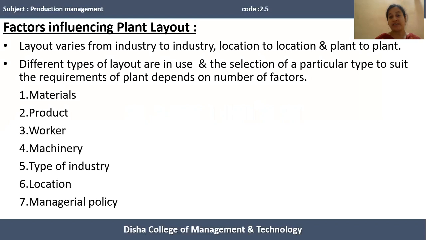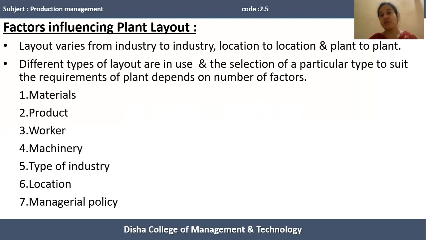Because making a design related to the layout of a plant is a vital one, because every small change in the layout of the plant brings huge cost to the organization, and it also affects the production process of the organization. To avoid these things, the production manager should have to identify or should have to design a good layout for the plant. So while making the